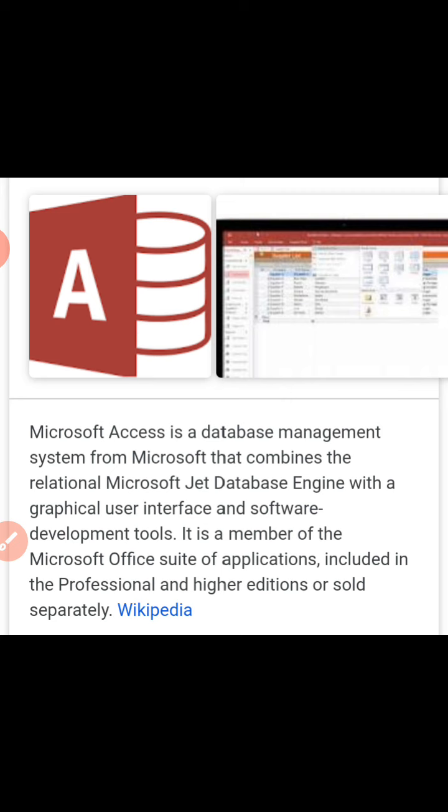Now adding to a database means adding new information to it. Suppose I have my rough class register and I have to add one new student's name, so definitely I have to add it in alphabetical order. So I have to insert it somewhere in between. Now the order is disturbed. This is the problem in manual work.